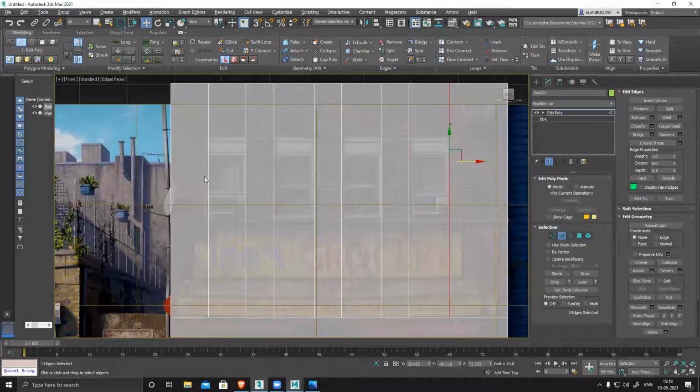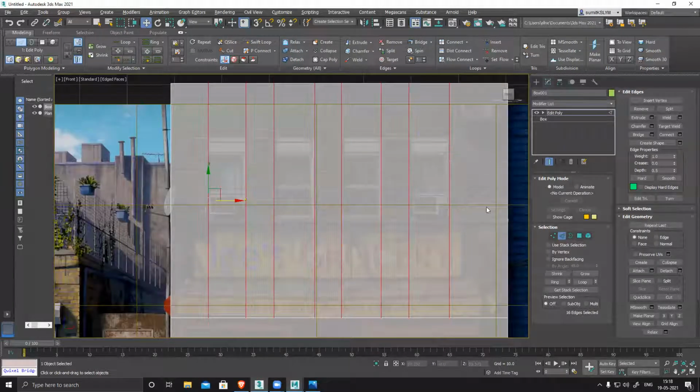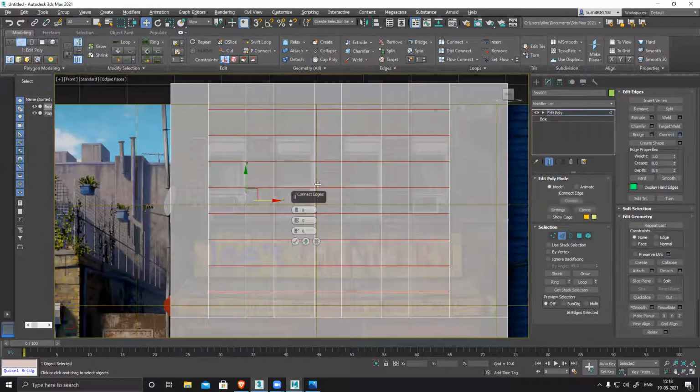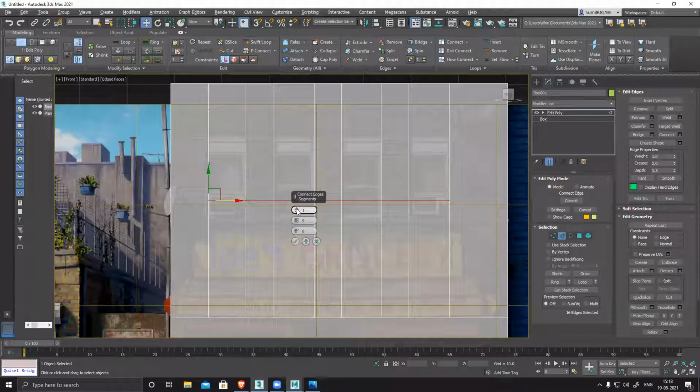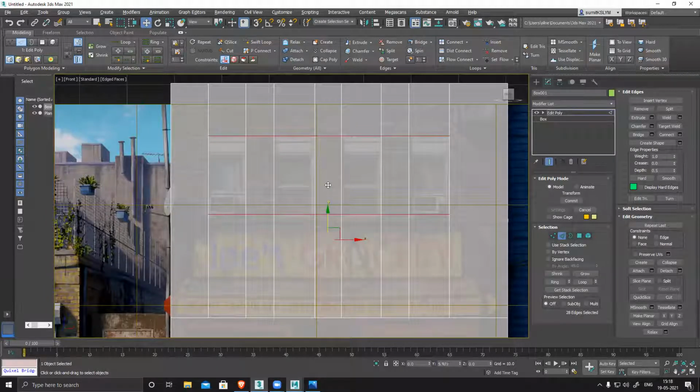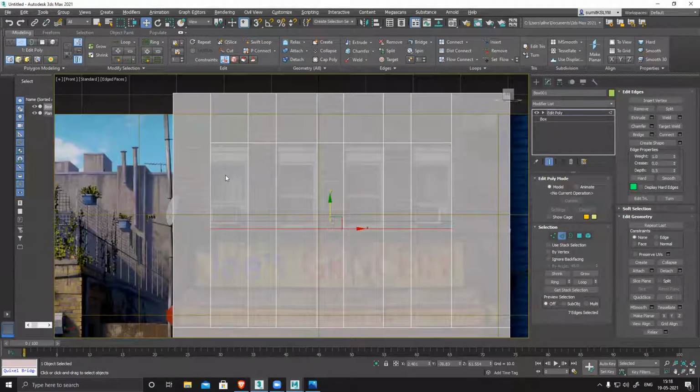Now all of them need two cuts. Only 2. Done.